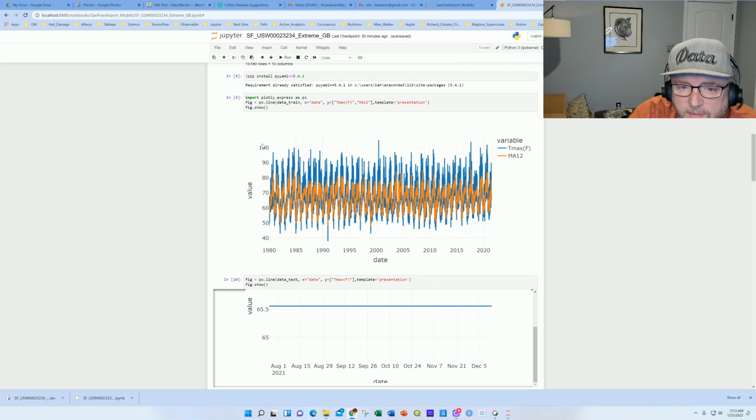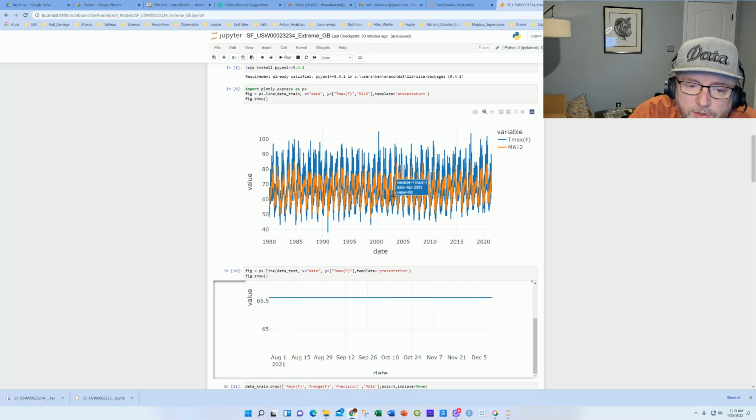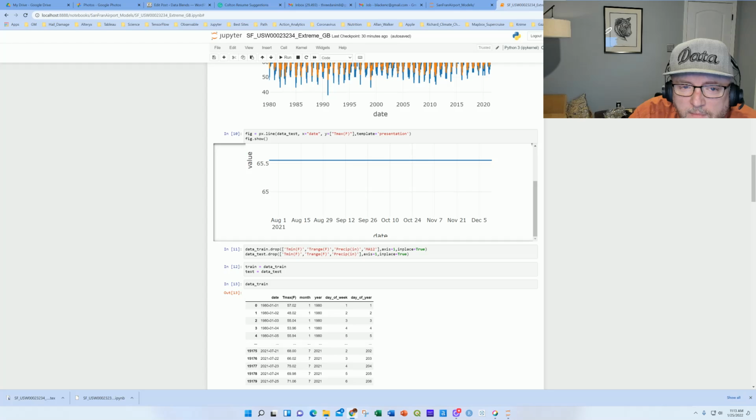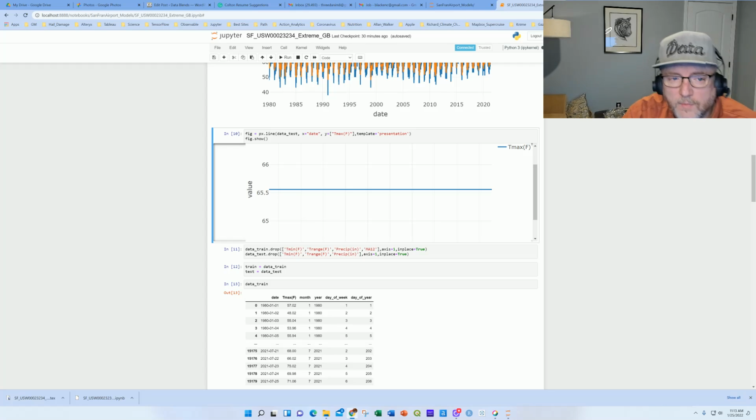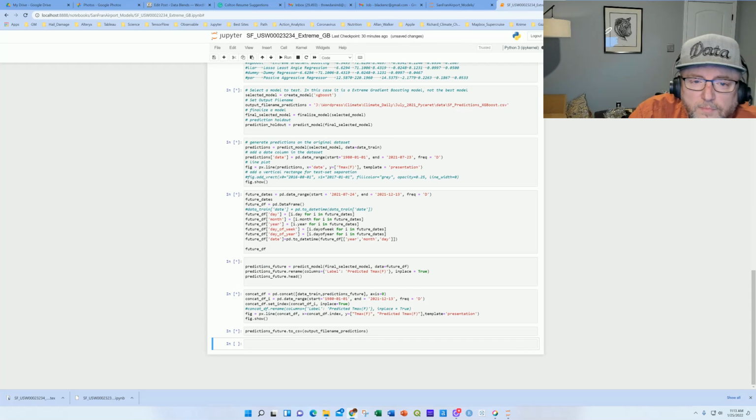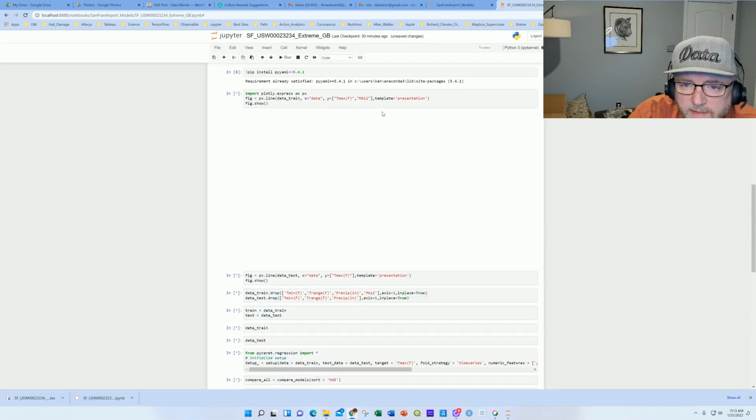And then this is just a plot of the 40 years of data, showing the blue being the Tmax and the orange being the moving average. And then we come down here. This is because I ran the dummy in my previous run. Here, if I were to go ahead and rerun this, and we'll take a look at this chart, you'll see that now I've taken the dummy out,